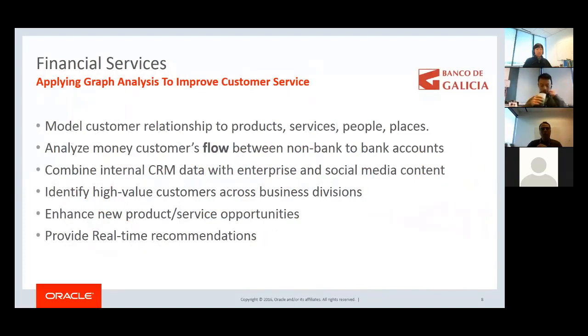So as an example, I wanted to walk through a couple of our customers in financial services. We've got Galicia in Argentina, who essentially takes their relational data, and this is in their Exadata, and basically remodels it as a network of products, services, people, and places. What they want to do is analyze the flow of transactions between the bank, Galicia, and non-bank accounts. They want to see if there are some of those non-bank account services they can provide. So they want to understand where money is leaving their accounts, and also where money is coming in for a